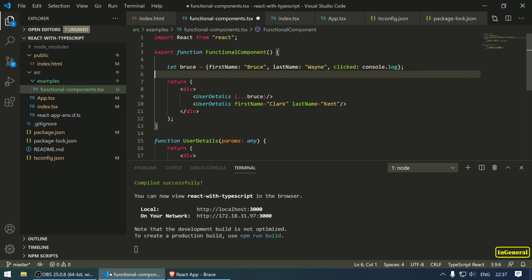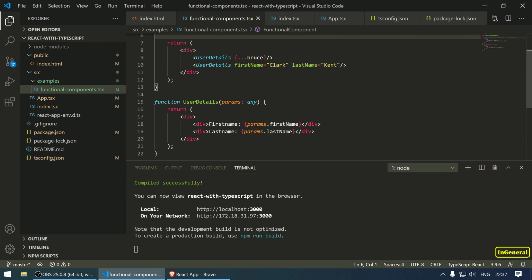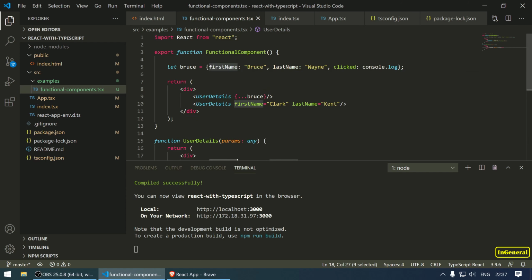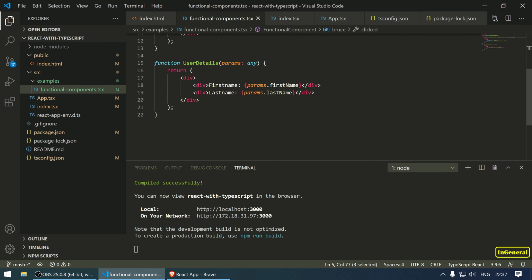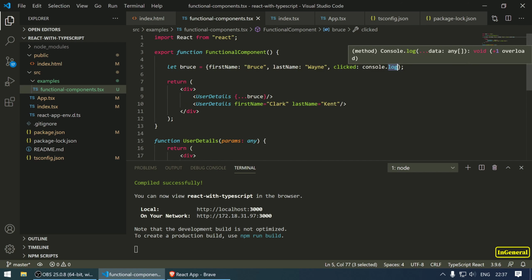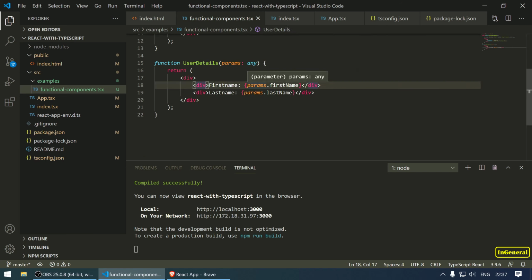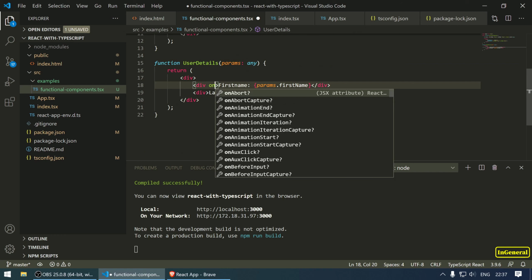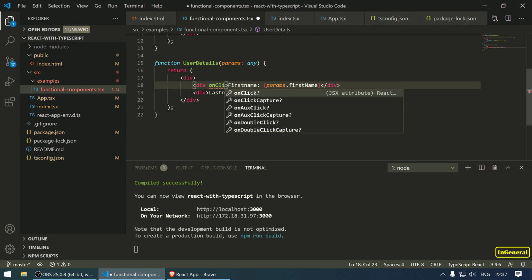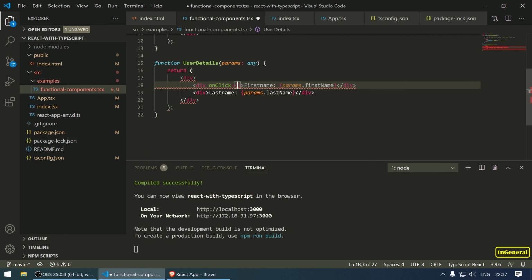Okay, and I'm going to use this here on click. Whenever the user clicks on the first name, I want this console.log to execute. So the idea is to send a function. All right, so I'm passing on click, and then